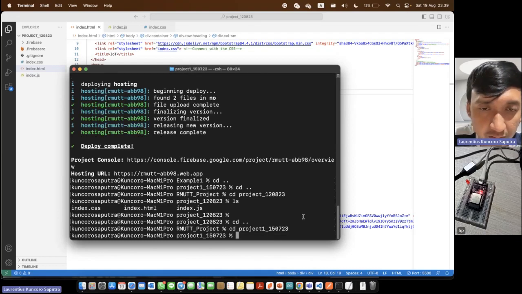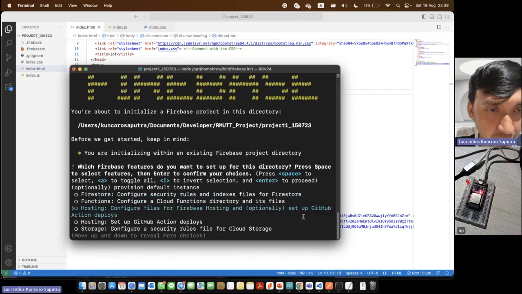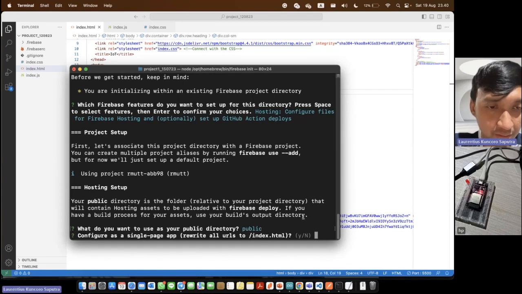Project 1. Okay, Firebase init. And I choose configure files for hosting. I enter. Do you want to use your public directory? Yes, public. Okay, configure single page app, rewrite all URLs to index.html?